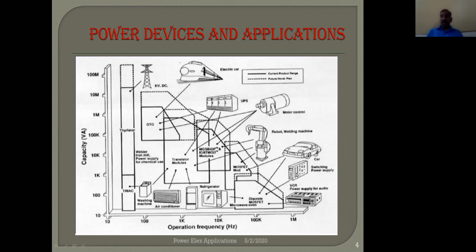Whereas VCRs, audio amplifiers, switching power supplies, communication receivers and their power supplies are high frequency applications but low power. Electrical cars, electrical transmission systems in cars, and all such applications are again moderate power and high power applications. Robot control at higher frequency and power can be moderate to huge. Drives are part of these applications, cars, robots, etc.